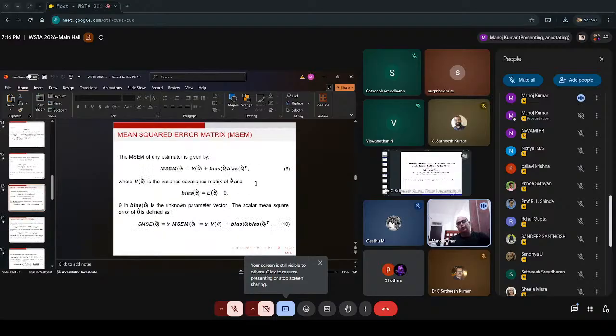Further, we move toward working on the mean square error matrix criteria. So here, in the mean square error matrix of the estimator,